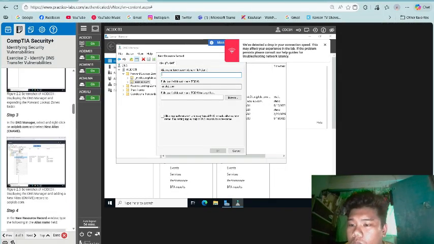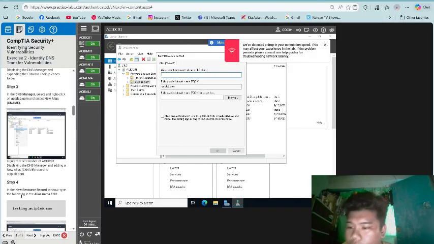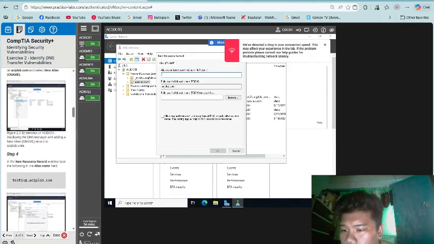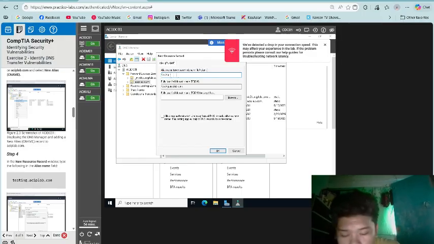Okay, so once you got the new alias, step 4: in the New Resource Record window, type the following in the alias name field: testing.aciplab.com.